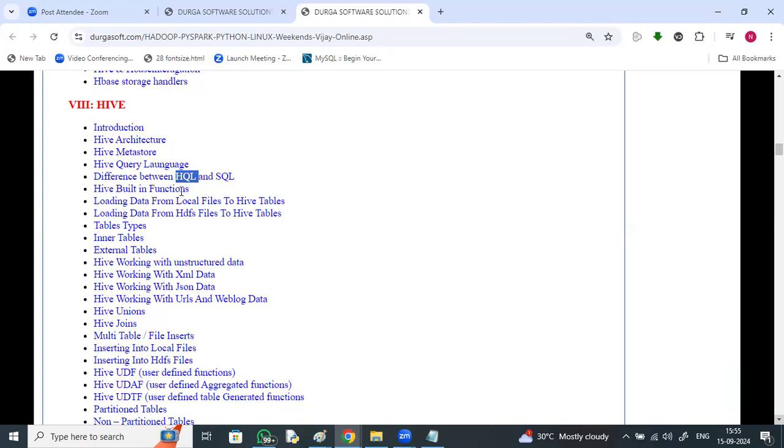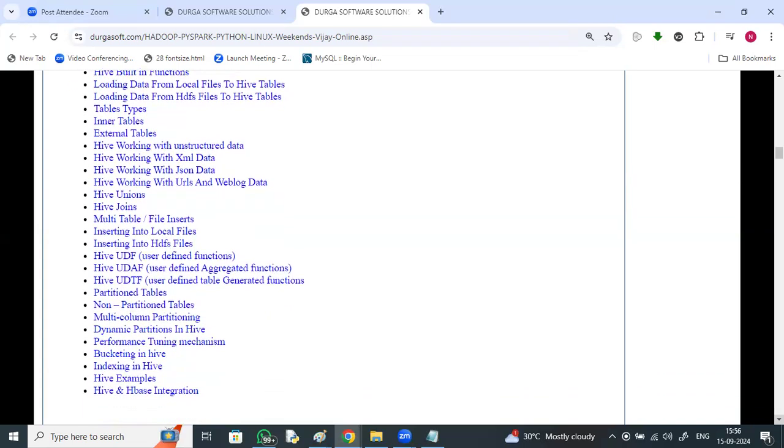How we load data from local files and HDFS files, internal tables, external tables, working with XML data and JSON data, unions, joins, inserting into local files and HDFS files, UDFs (user-defined functions), user-defined aggregate functions, user-defined tabular functions, partitioned tables, non-partitioned tables, static partitioning, dynamic partitioning, multi-column partitioning, and also bucketing in Hive and indexing in Hive. Then Hive examples, and Hive and HBase integration.